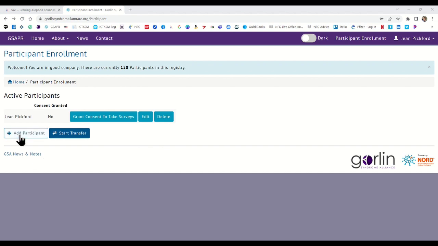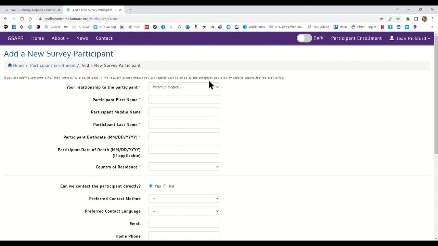So there's a couple buttons here. The first is that adding a participant here would mean, let's just use this example, that I am a parent, I have Gorlin syndrome. I just registered myself. But I also have a 5-year-old daughter who has Gorlin syndrome. And I want her information to be under my account because I'm going to be her legally authorized representative. So this is where you would hit add a participant, and then you would start to create more information about